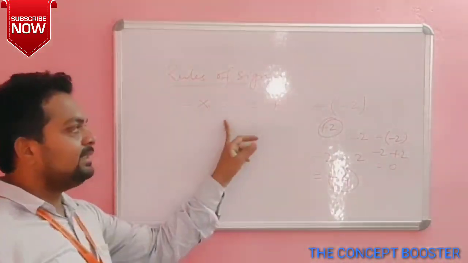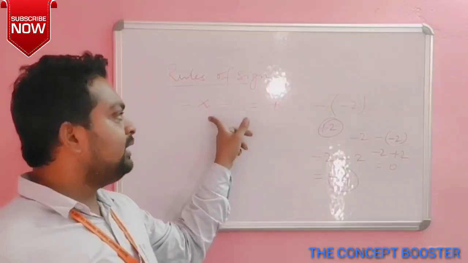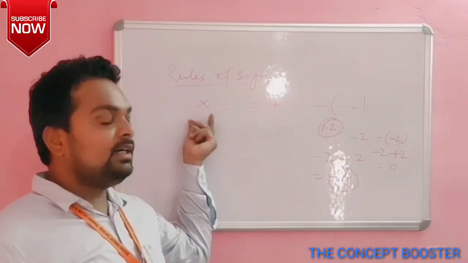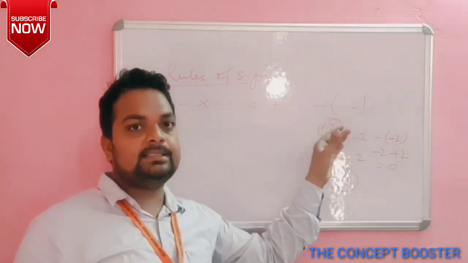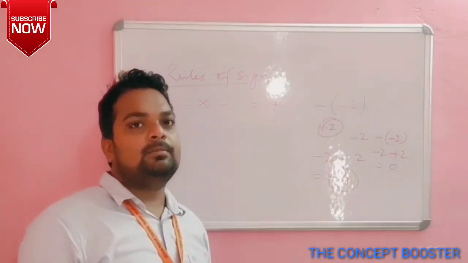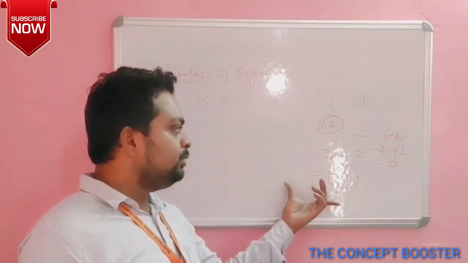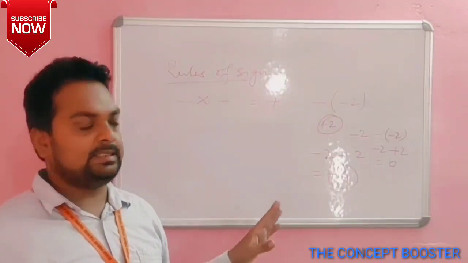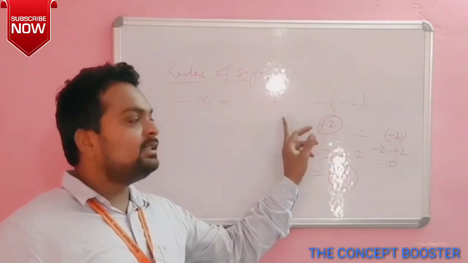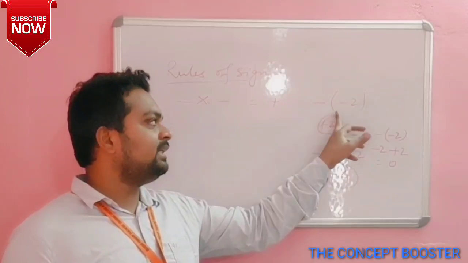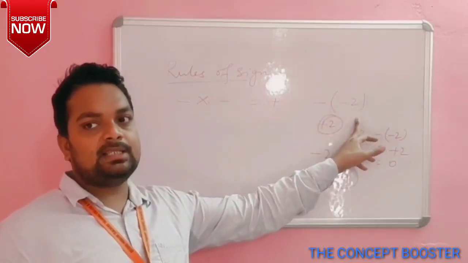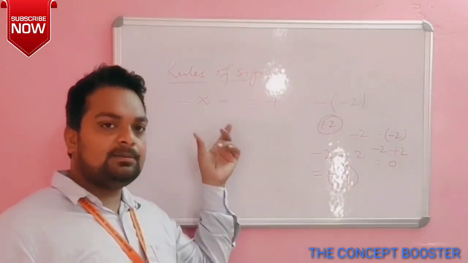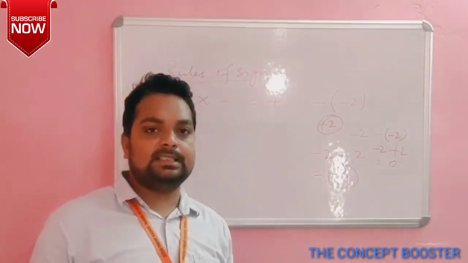So minus into minus plus means either you will have a sign of multiplication, or if you have a sign of bracket, then only you can use the minus. Now hope you got it. So always keep this in mind, because most of the time students make this mistake. Okay, minus into minus is plus means either the minus is put with a bracket and then minus into minus is made plus, or otherwise if a multiplication sign is there, then only you can change the sign.